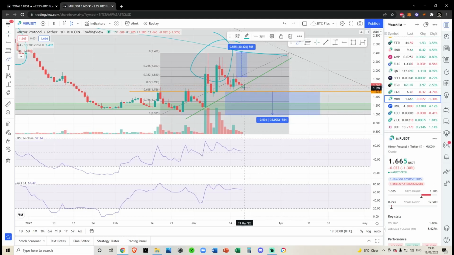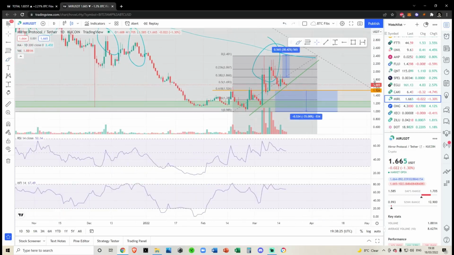I really don't mind it coming down, taking its time here, letting the RSI and the MFI reset a little bit. But when we do have that pump, it needs to be fairly big. And we do need to come around this vicinity, otherwise I do think we would have topped out in the short term. So personally, I'm not trading MIR protocol right now, mainly because we are already quite overextended, and